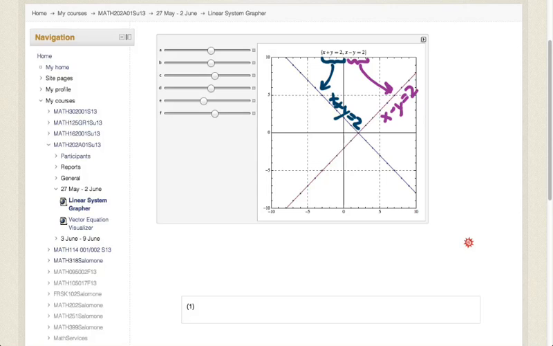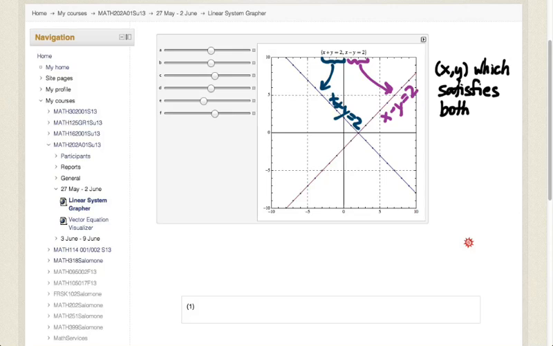And so now here's my question. What does it look like to have a solution? Where do we find the solution of this 2-by-2 system of equations on this picture? We're looking for a value of x and a value for y which satisfy both equations at the same time. Where do we find such an x and y